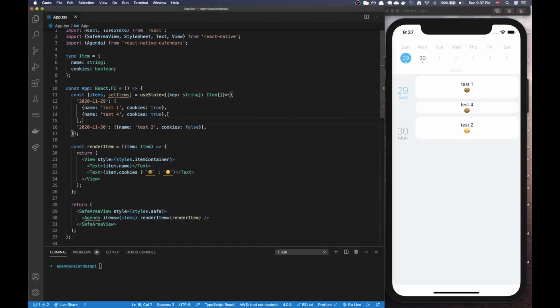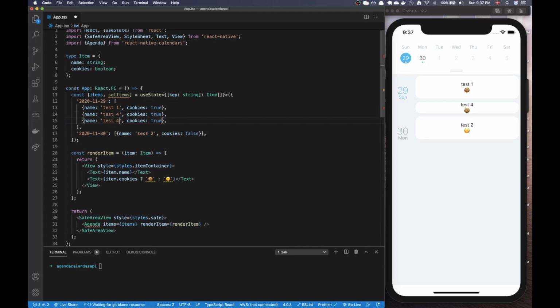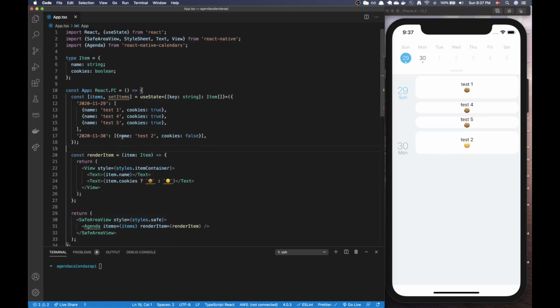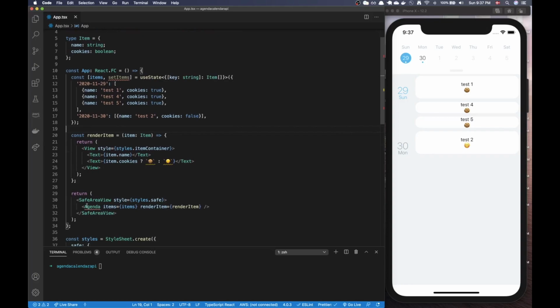Okay, and if I were to create another one here, you can see now we're rendering 3. Okay, so this is the structure that I'm expecting for this agenda component,